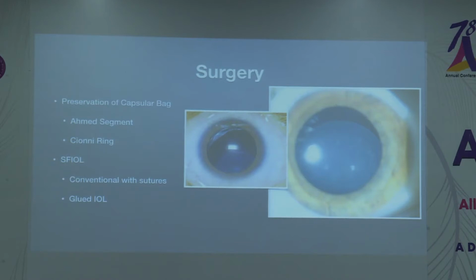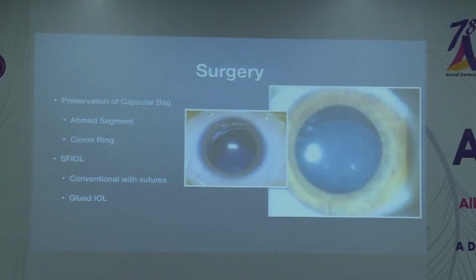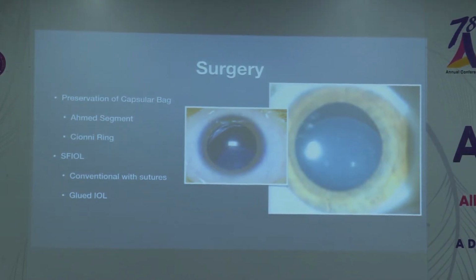Now, by best corrected visual acuity, I mean if the child is maintaining maybe 6/12 or 6/18, we tend to try to postpone it as much as possible. But if the vision starts dropping further and the subluxated lens equator starts coming to the pupillary area, that is the time we operate, and the age group is around maybe 8 years and above.